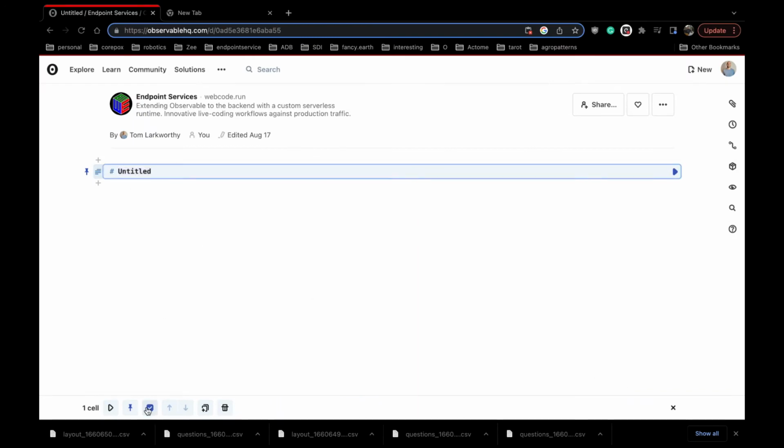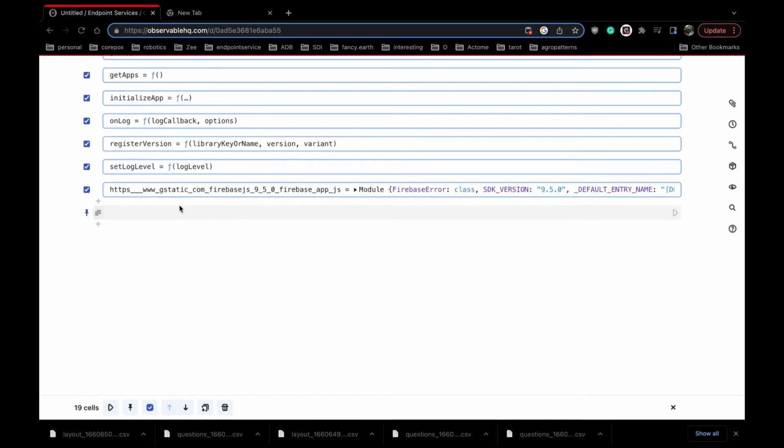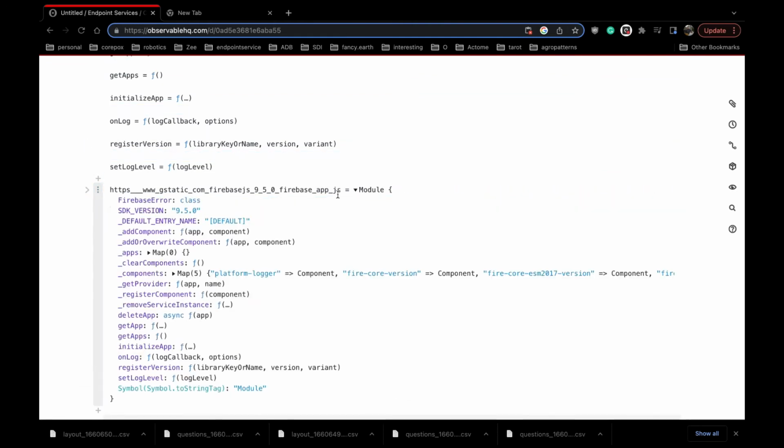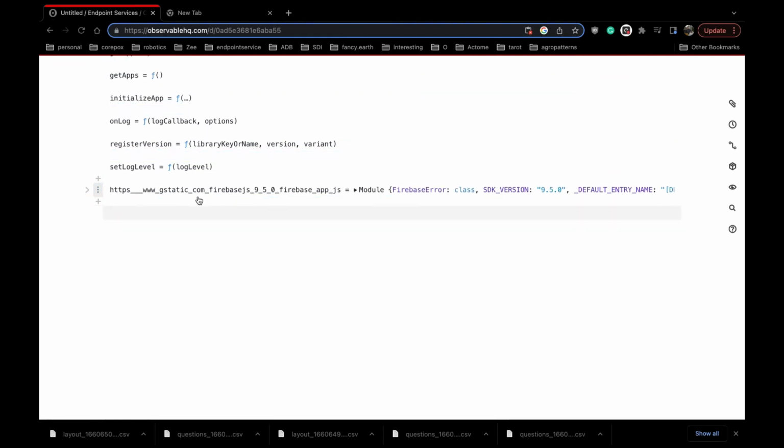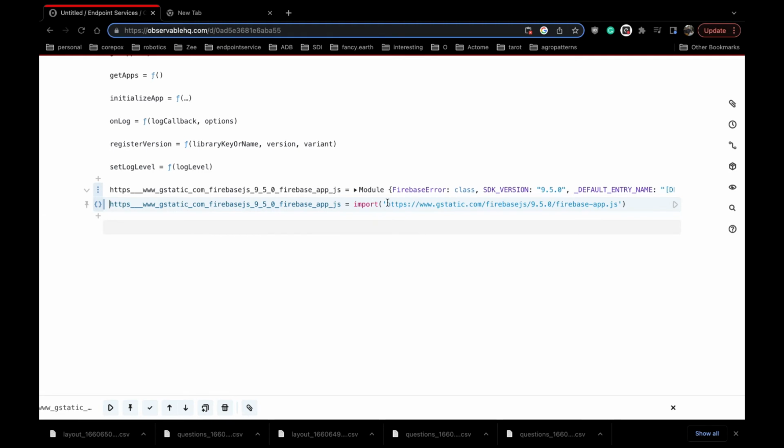So we go into the cell menu. It will now paste the dynamic import, this module, which unfortunately, it imports it, but you can't destructure it. Whereas if you look at the Firebase documentation, you usually import a module and destructure it to all the methods